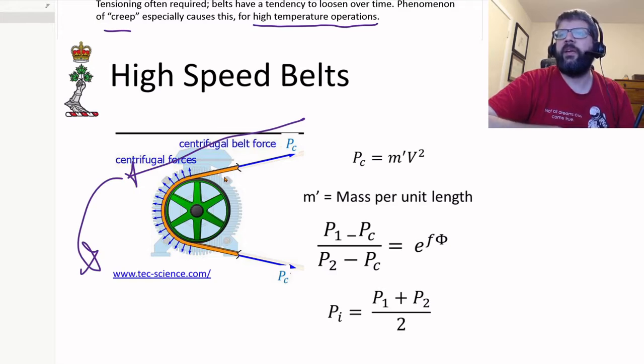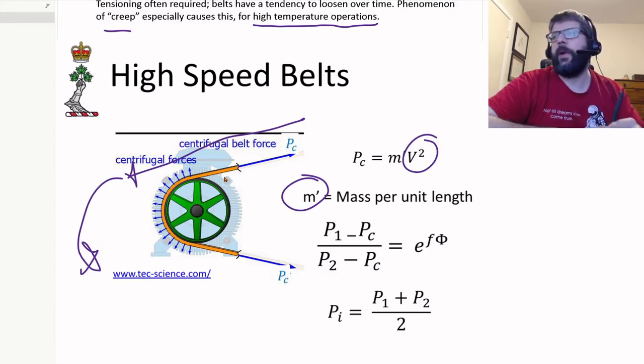So basically, we're generating some centrifugal forces that arise, and that can be calculated based upon this mass per unit length value